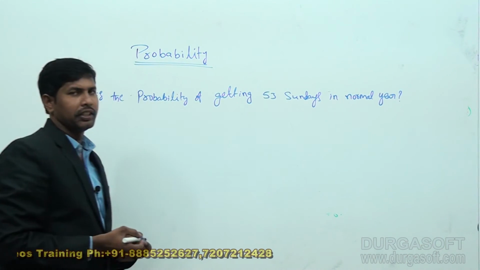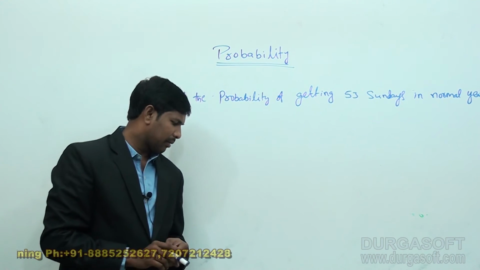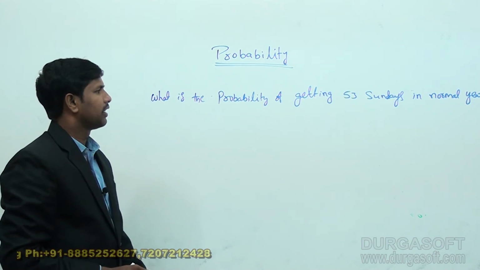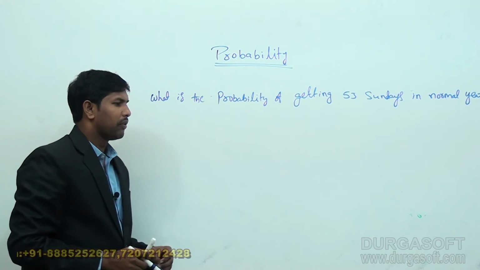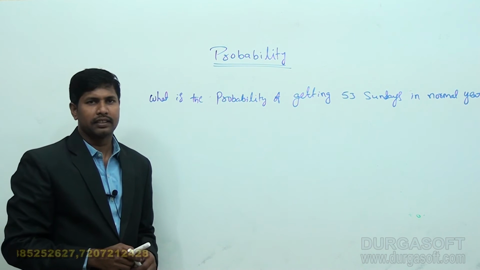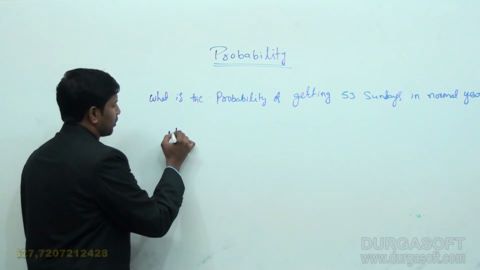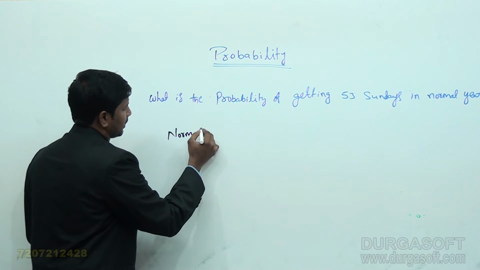So here my question is, what is the probability of getting 53 Sundays in a normal year? Now let's calculate the required value. Here we want the probability of getting 53 Sundays. Generally, when you consider a normal year, a normal year is nothing but